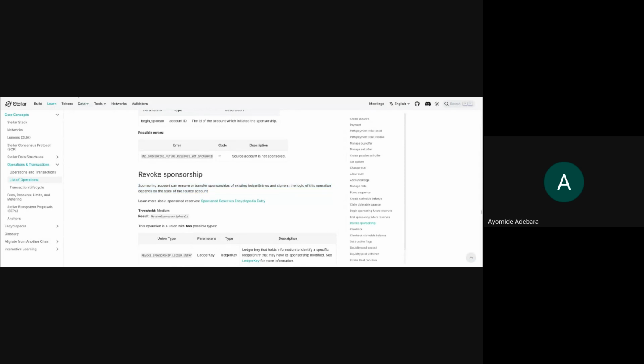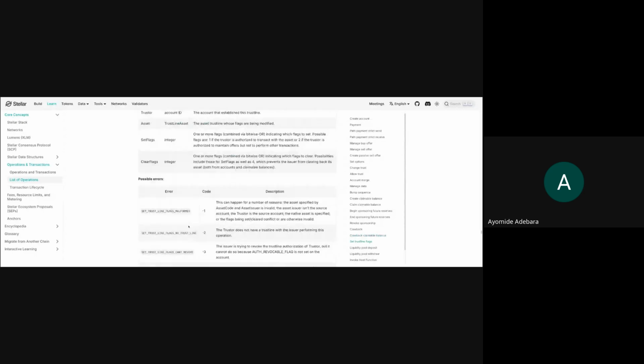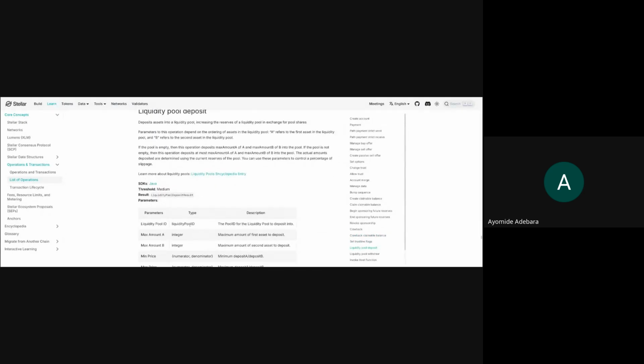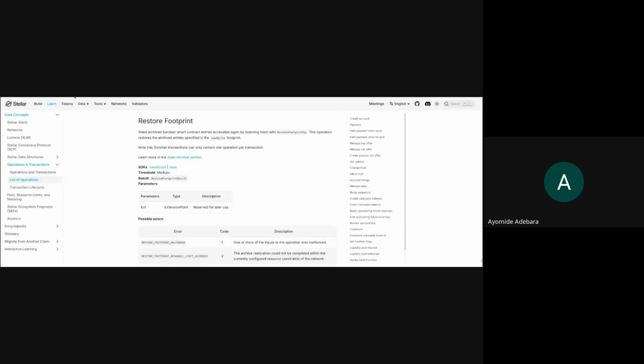So if you go back to that scan, you see that the different transactions literally have different operations inside of them. You will notice that most of it has been payment operations, and others are allow trust, clawback, and set options. So you can go in your own leisure time to check all of these operations based on what you want to do. This one is liquidity pool deposit operation. So there are a whole lot of operations that you can check. So going back to a slide,